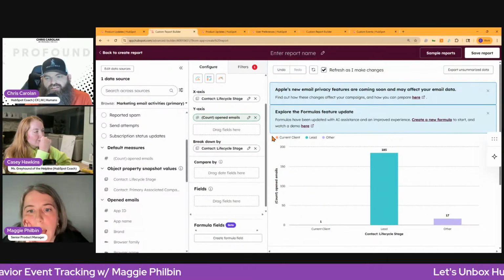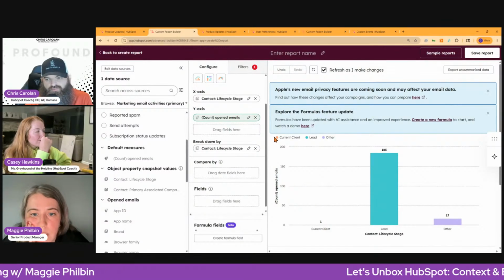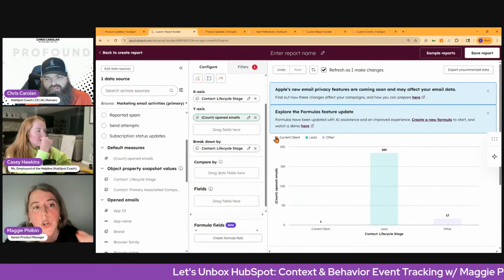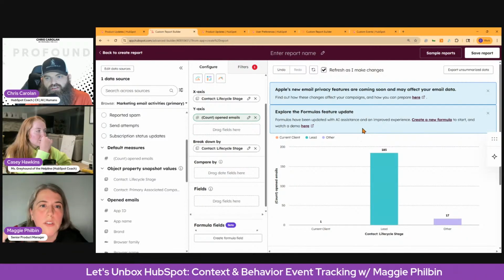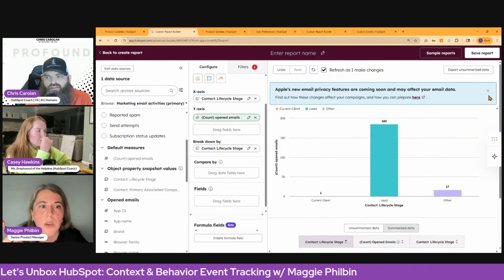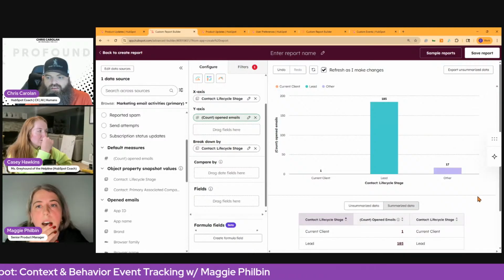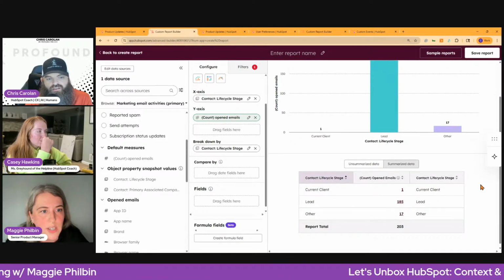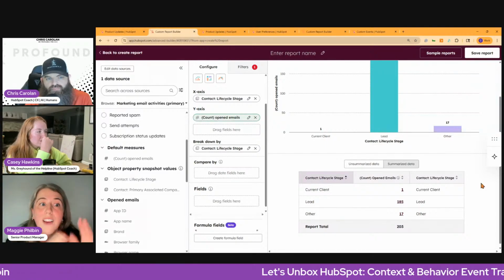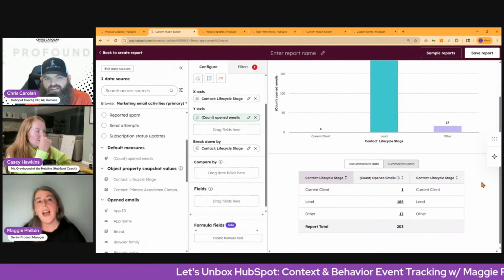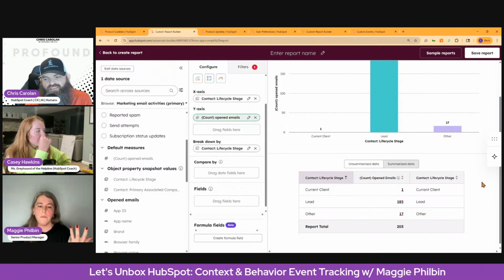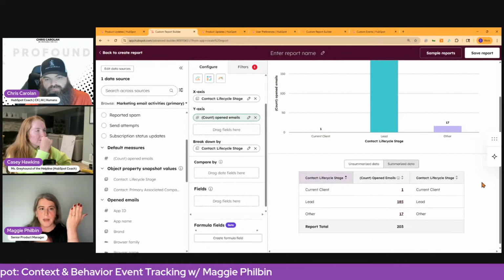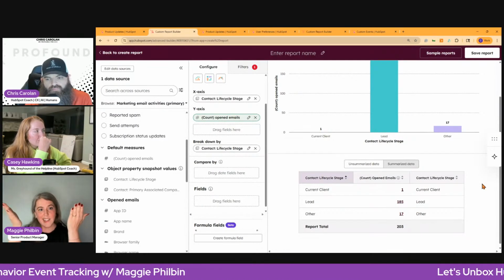So here what we have is how your email opens break down by lifecycle stage at the time the event occurred. The time frame on this by default is 30 days. In the filters at the top right, you can edit the time frame. But this is showing you how the lifecycle stages are engaging with your emails, and it's actually when they did the email. I think this is really coolest in journeys because you can do things like what were they at the time and how have they converted to the next stage.